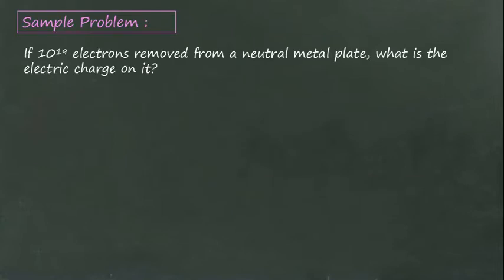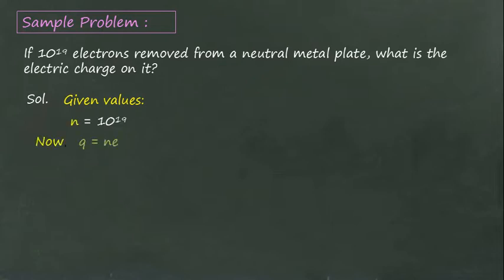Take a sample problem. If 10^19 electrons are removed from a neutral metal plate, what is the electric charge on it? Here the neutral plate becomes positively charged because electrons are removed. So the solution,